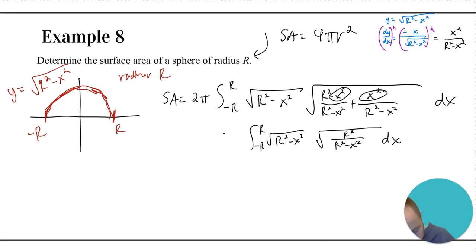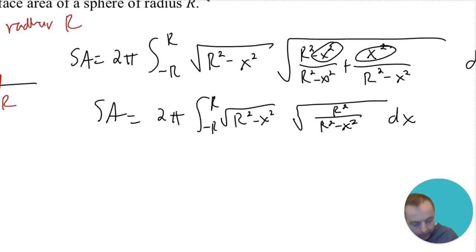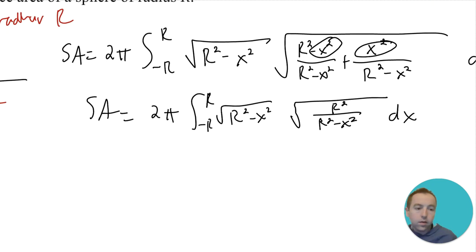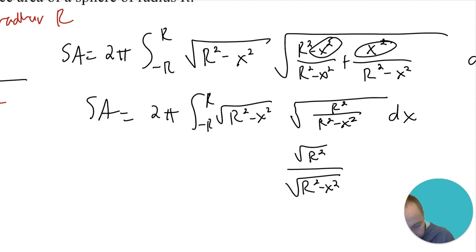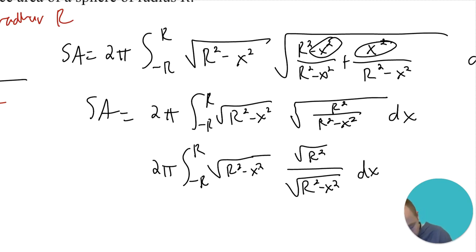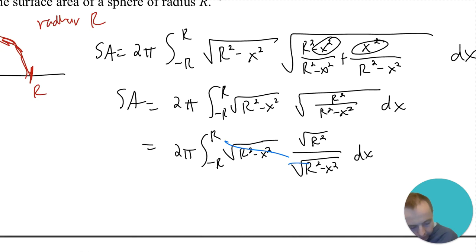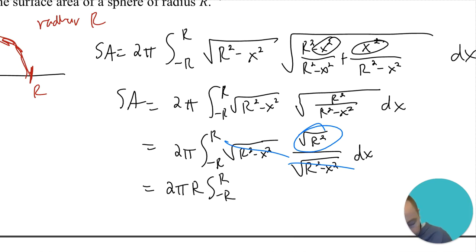And then we know, by properties of radicals, that you could split up a quotient that's under a radical into separate radicals that are divided. So it'd be the square root of r squared on top over the square root of r squared minus x squared there, multiplied by the square root of r squared minus x squared in front of that. And then these just cancel out. And then right here, you have the square root of something squared, so it just ends up being r. So it's going to be 2 pi r times the integral from negative r to r of 1